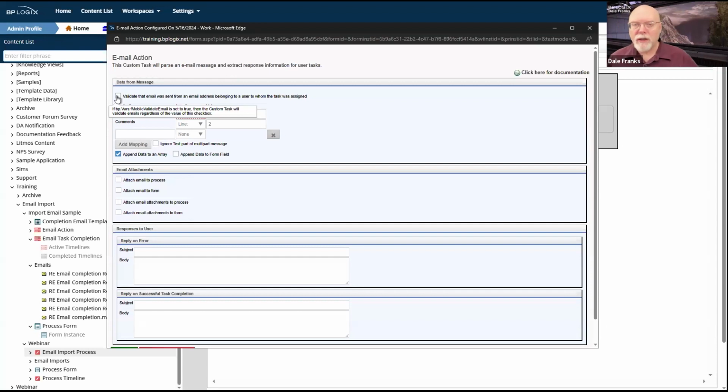So it will look at their from address, and based on that, we'll say they were authorized to receive this message or not. If it happens to be from some address that is different than the address to which it was sent as the original notification, then it will reject their attempt to go ahead and complete the task. So you have that layer of security.